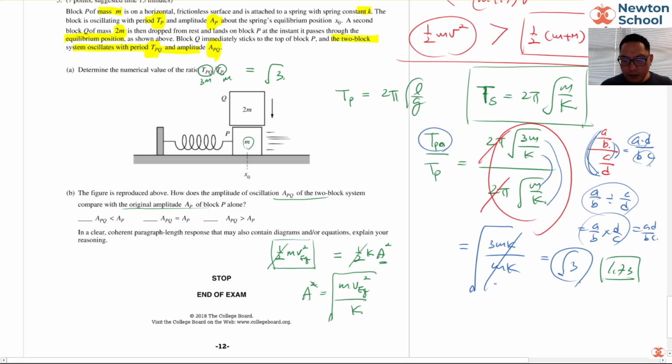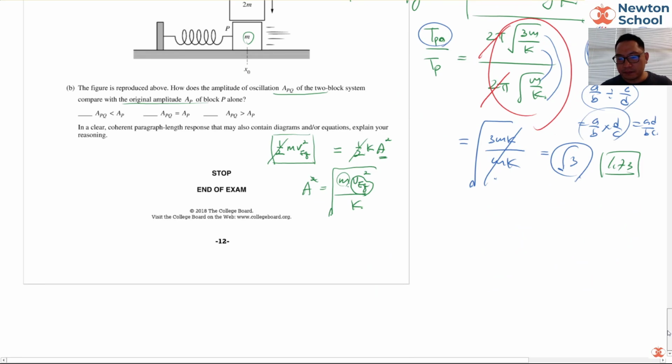But here, v at equilibrium will actually be smaller, while mass actually increases, so it gets a little tricky. So I'll go over a different approach. I already know the amplitude has to be smaller, but